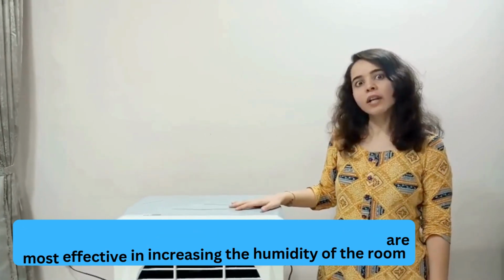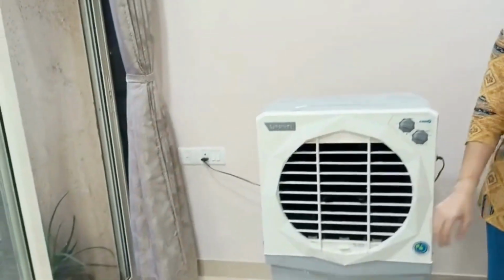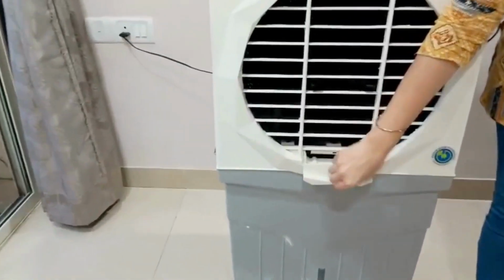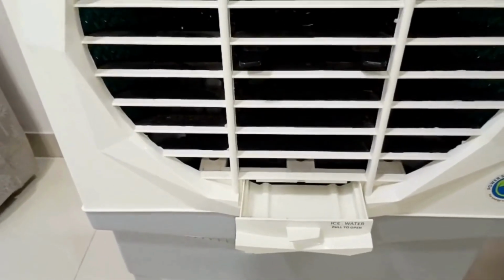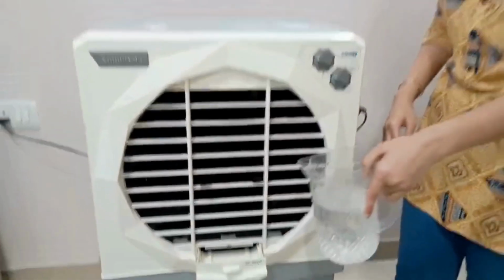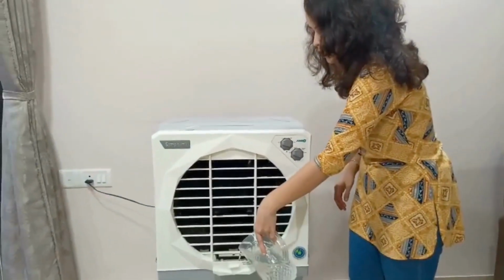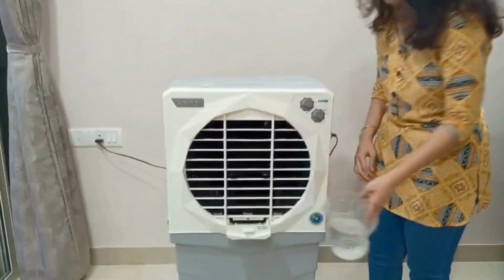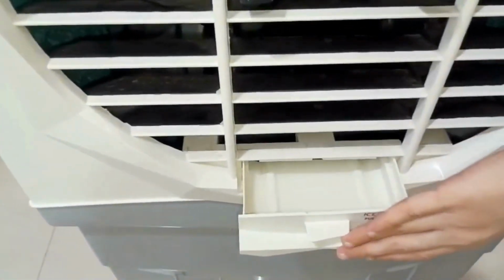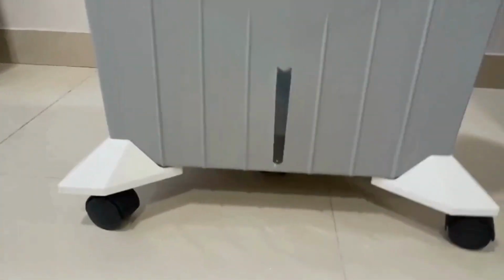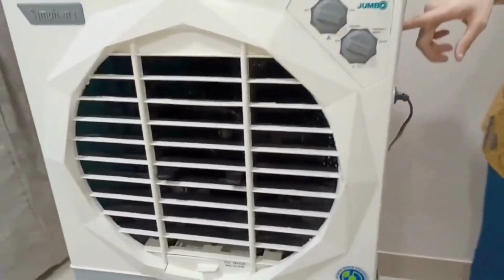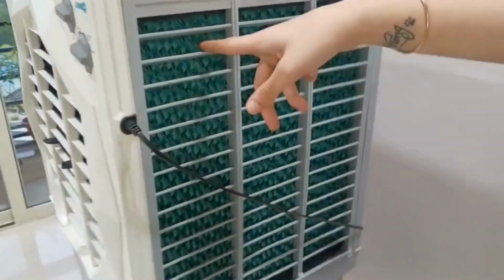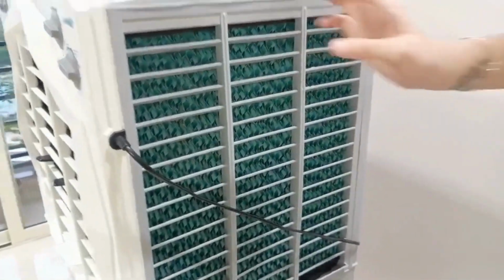Now let us see how it actually looks when I start it. Okay. So first of all, as you can see, there is a water tray over here, and this water tank can hold up to 5 liters to even 70 or 60 liters of water. So I am going to put the water inside this just to show you that the water has filled up inside the tank. Okay. Now I am going to switch this on, and we are going to actually see how this cooling pad becomes wet. So let me just switch it on.